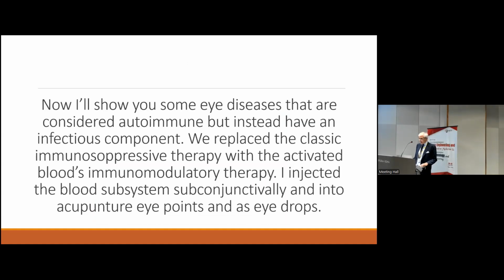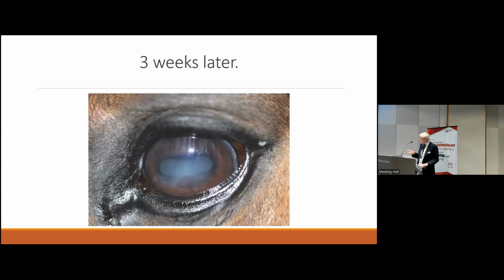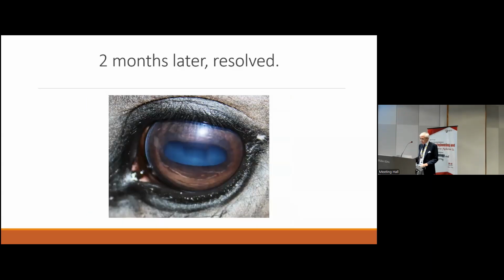Now I show you some eye diseases that are considered autoimmune, but instead have an infection component. We replace the classic immunosuppressive therapy with activated blood plus immunomodulatory therapy. I injected the blood subsystem subconjunctivally into acupuncture eye points and as eye drops. This is immune-mediated keratitis at time 0. You can see the blood in that situation. 3 weeks later, you can see that the blood is more organized, and 2 months later,